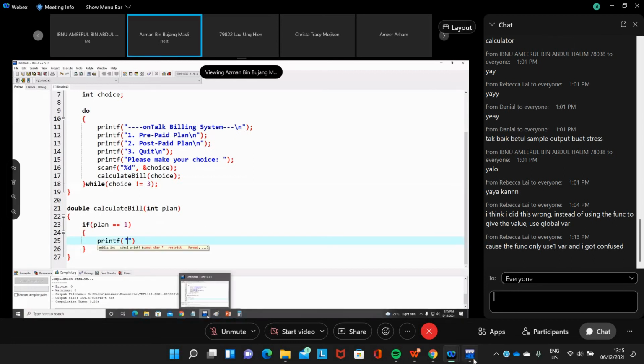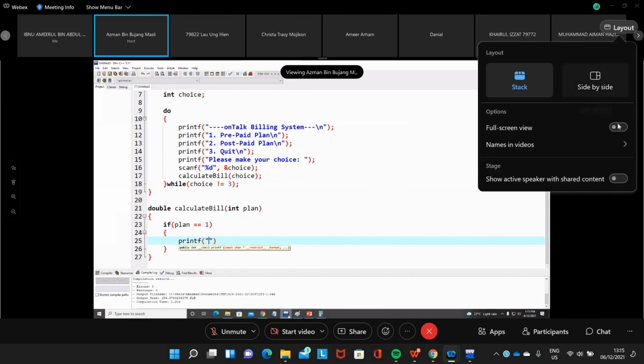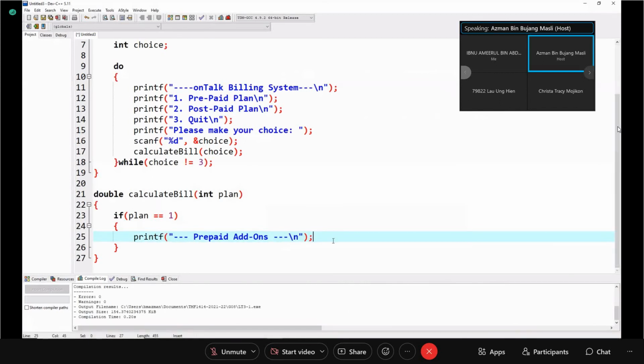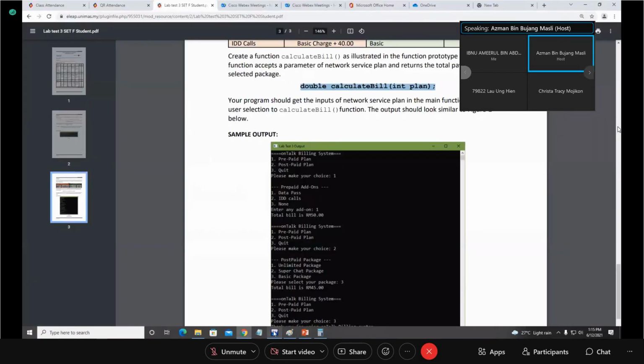And then prepaid add-ons. So this one we have this one. Add-ons. And then we have this like that. And then what else? So we just display data pass.